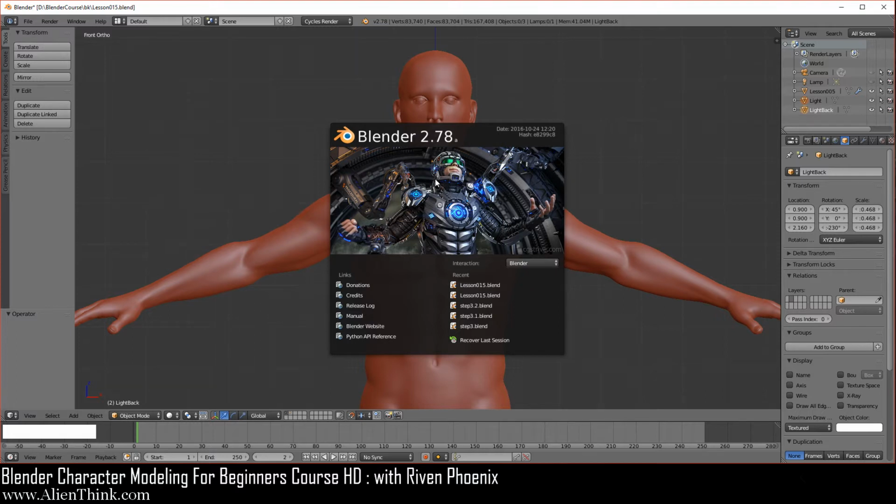Now, you should know that Blender has been in development for many years. So this version of Blender that we are using is a very sophisticated 3D modeling package. It's not like you're going to be missing out on anything if you use this version of Blender, regardless of the fact that later versions have been released.